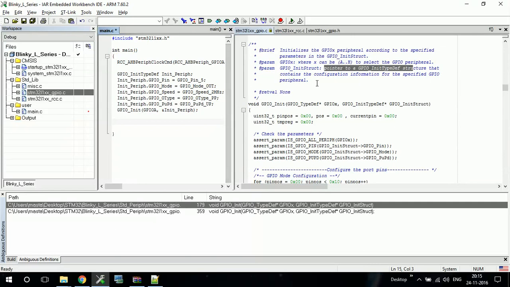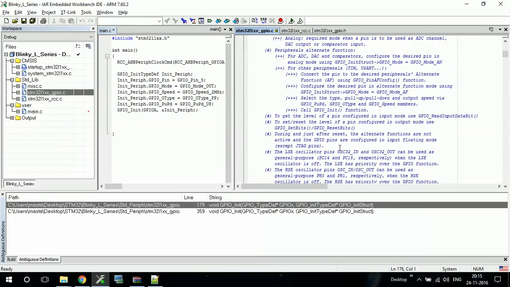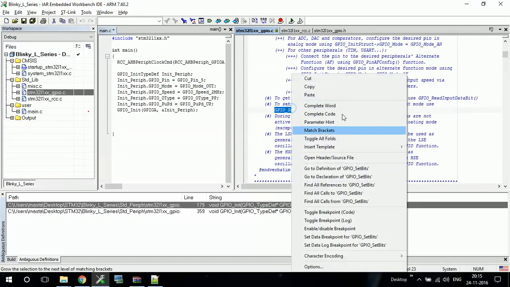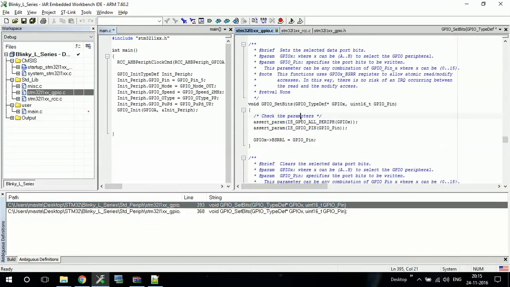For that particular thing, again same documentation, and as you can see here it is given. To set or reset the level of a pin configured in output mode, use GPIO set bits and GPIO reset bit. So again we'll go to this function and we'll see what are the parameters this function will take. GPIO set bits will take two parameters.